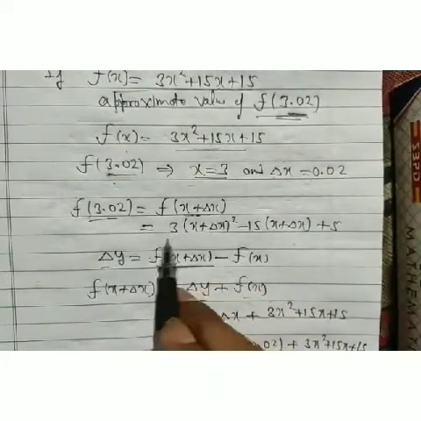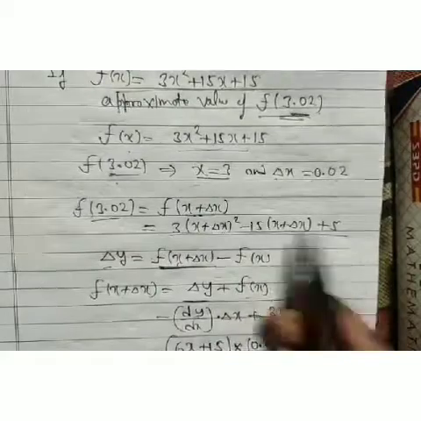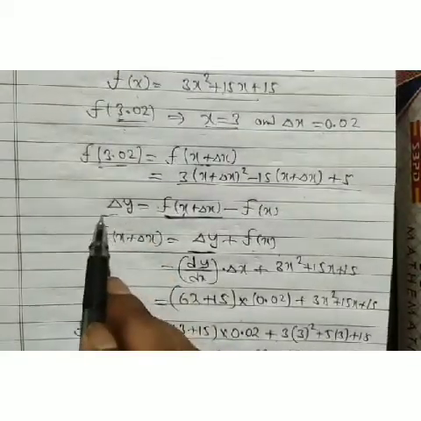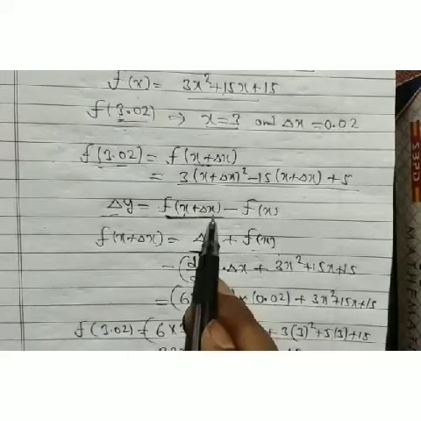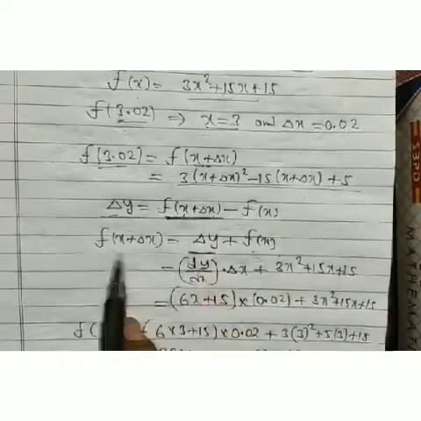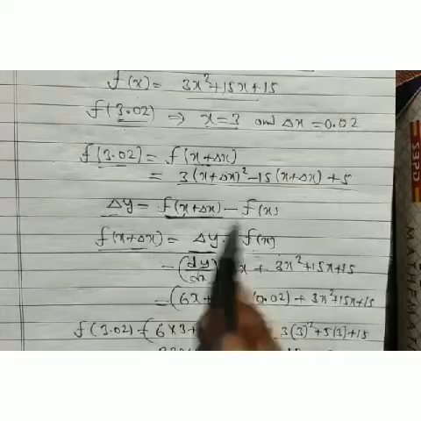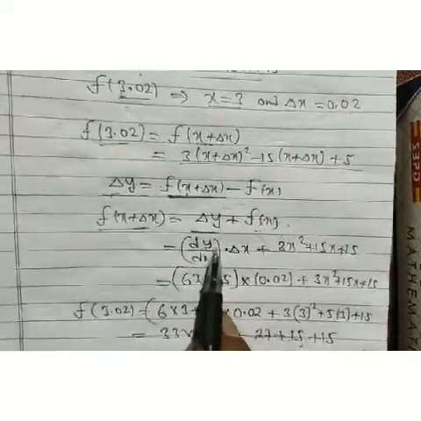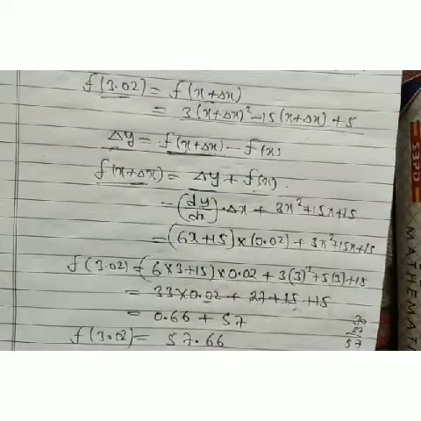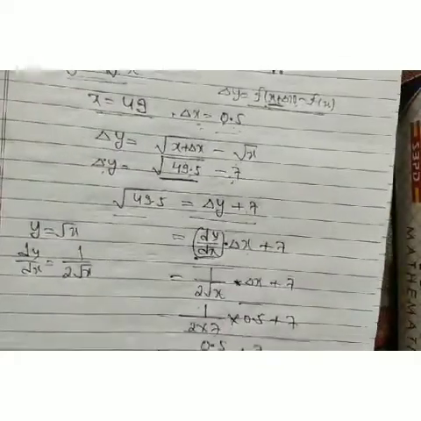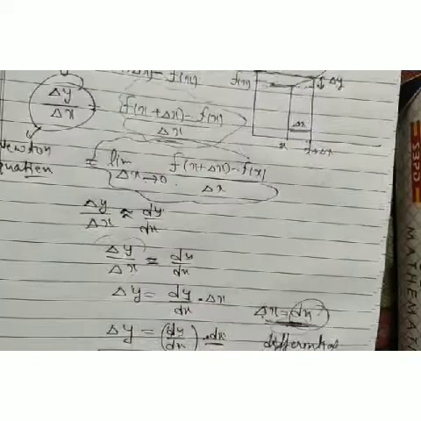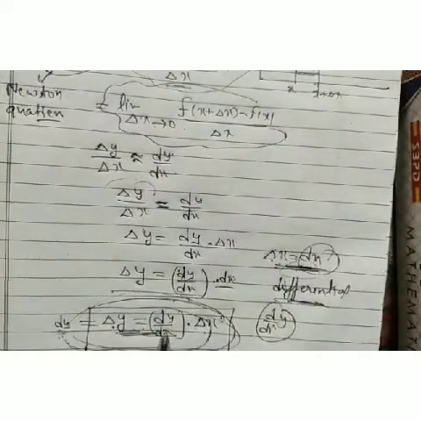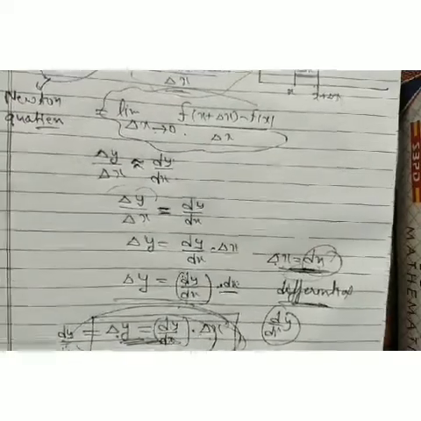Now f of 3.02 is x plus delta x. I'm just explaining to you. There is no need of these things. We just start with our differential of y, given by f of x plus del x minus f of x. We have to find this value. Then our f of x plus del x is defined by del y plus f of x. We have discussed the definition already. To get the change in y, our differential of y is defined by dy/dx into del x.